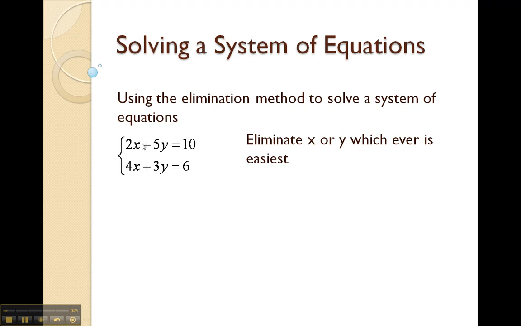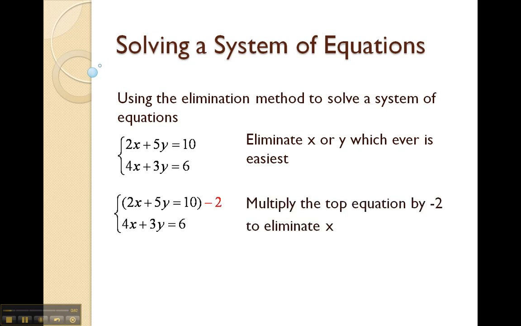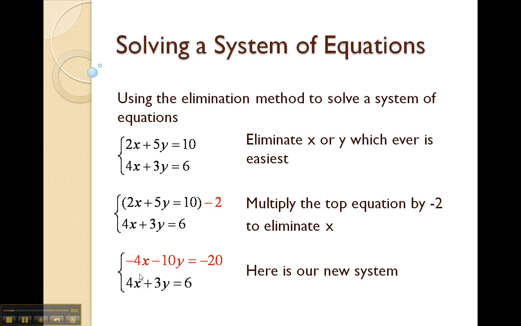than y, because I can multiply the top equation here by -2 and get the exact opposite pair of x's that I'm looking for. So the first thing we're going to do here is multiply that top equation by -2 on each side. So that looks like this here, and we'll take -2 and multiply each term in the top equation by -2. So that will look like this, and that new equation in the top will be -4x minus 10y